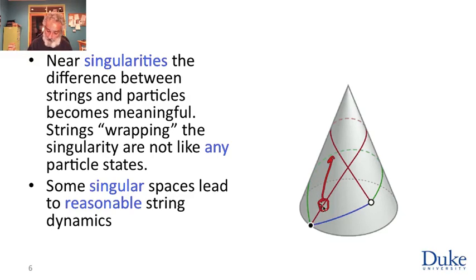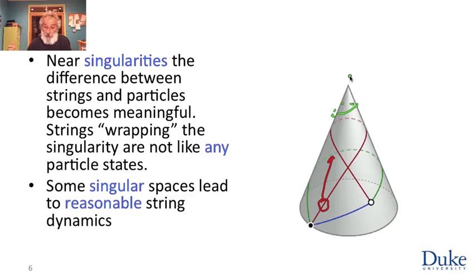In addition, if we're doing a theory of closed strings, I can have loops of string that look like this, but I can also have a loop of string that looks like this, that wraps around the top of this cone, that lives in the cone by wrapping across the edge. Now, this loop of string will never get very far from the edge because remember, it takes energy to stretch a string, and the farther it gets from the edge, the bigger it would have to get. So it would take a lot of energy to move this guy down. So this describes something like a state of the string that only lives near the tip. Okay, so strings have extra degrees of freedom that live near the tip of a conical singularity.